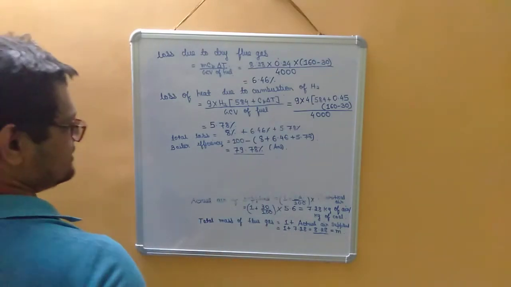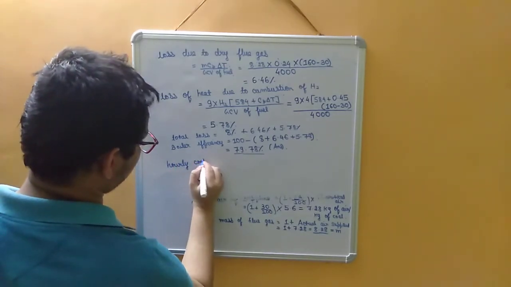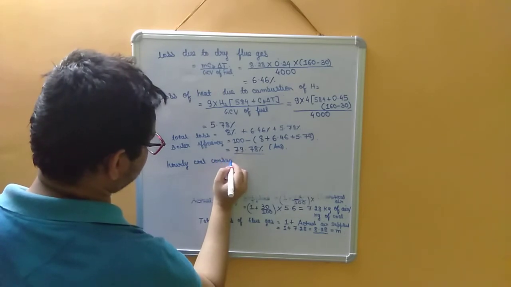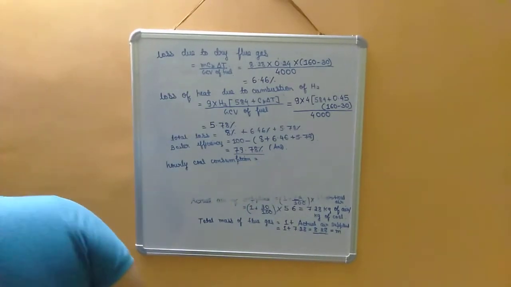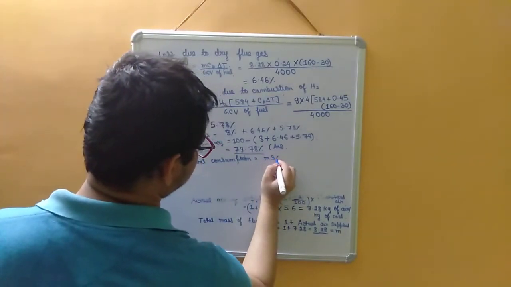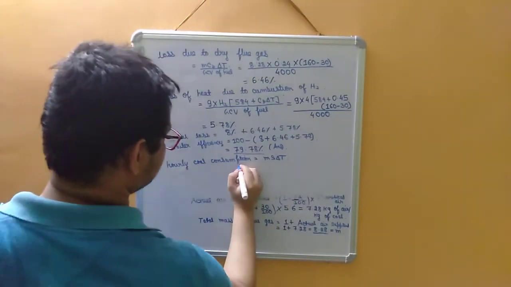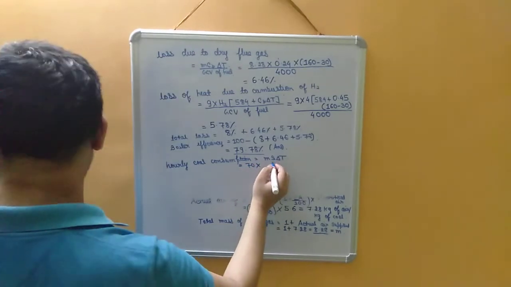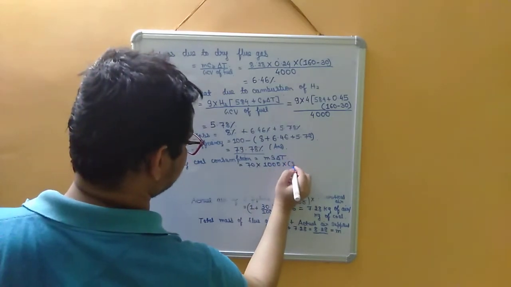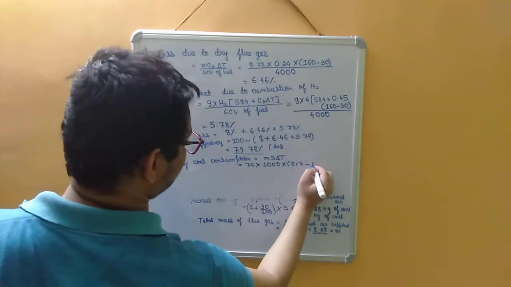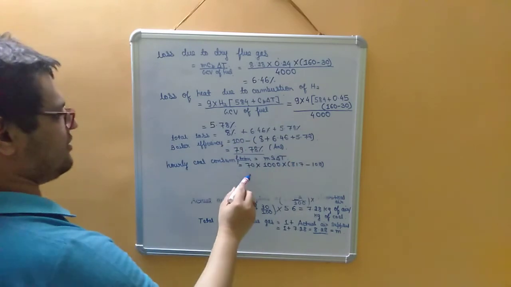Now, what will be the hourly coal consumption? There is also a formula to calculate the hourly coal consumption, that is m s del T. The value of m here was 70, into s, the specific heat or latent heat, that is 1000, into the change in temperature, that is 817 minus 105. If you calculate this value, you will get the hourly coal consumption in the boiler.